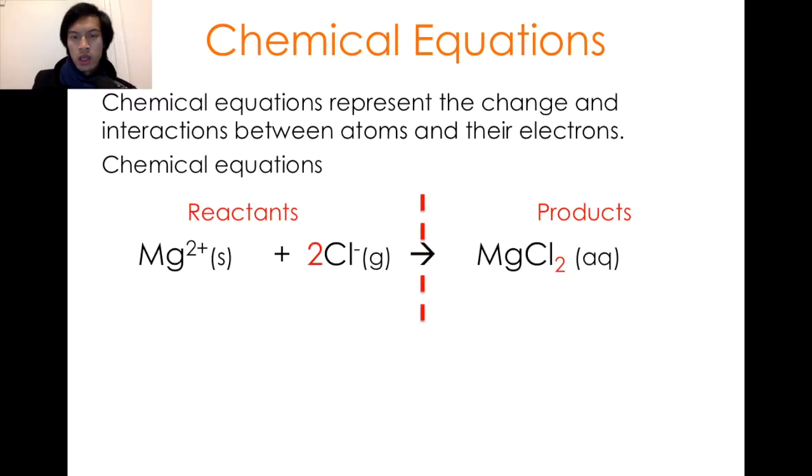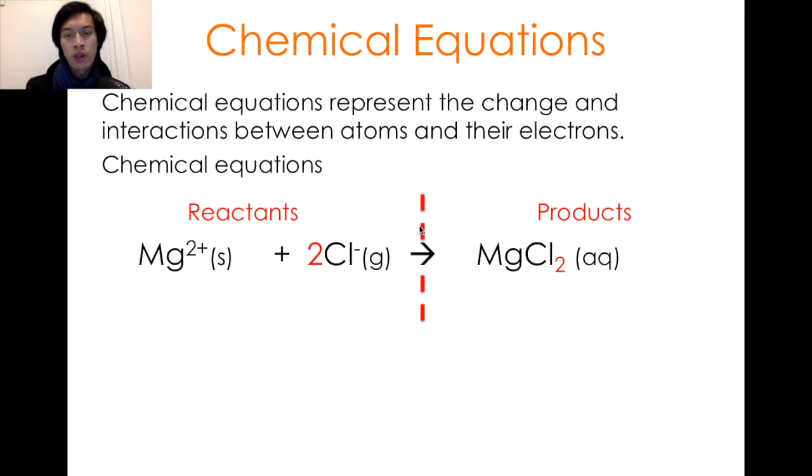Okay, so here is an example of a chemical equation. What I've done is I've labeled it and I've split the arrow in the middle. What we've got is Mg2+ in brackets (s) plus 2Cl- in brackets (g), with an arrow pointing to the right, MgCl2 in brackets (aq). Now, the first thing to establish is that the arrow is your middle point, and everything